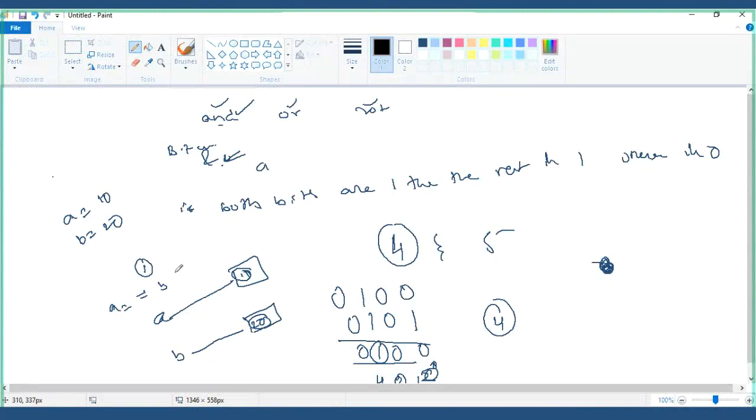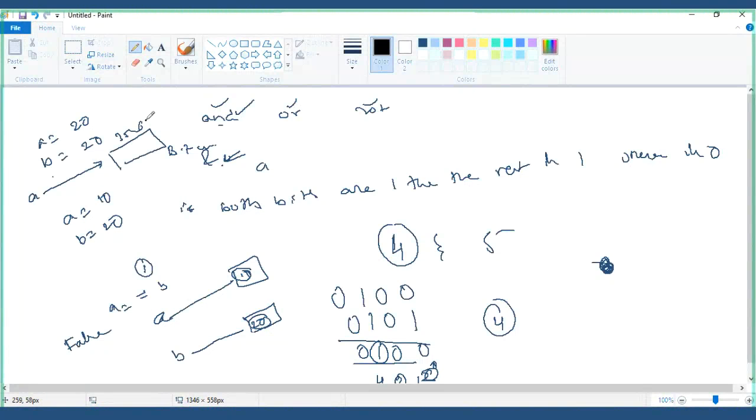No, both are different. The values inside are 10 and 20, so this will return false. If I have A is equal to 20 and B is equal to 20, now A is referring to some object.